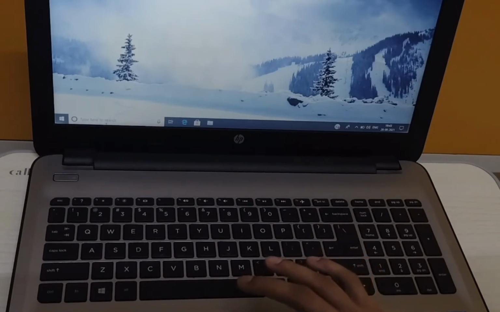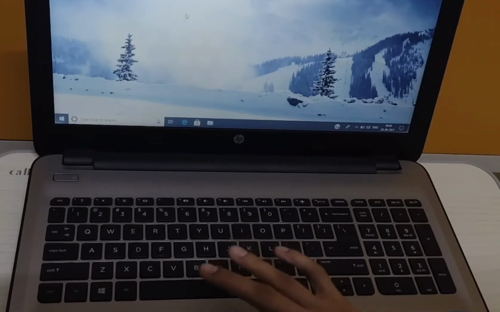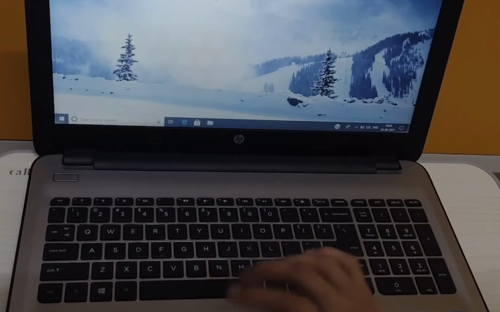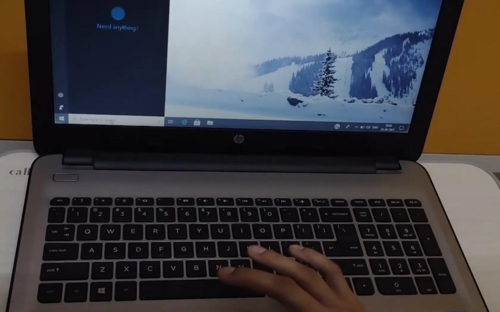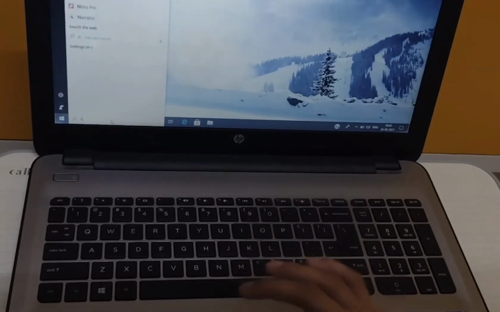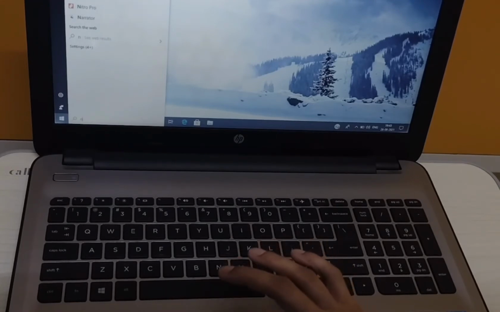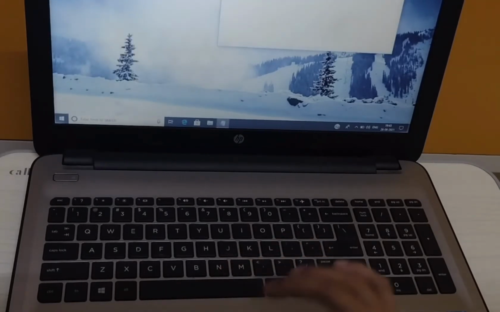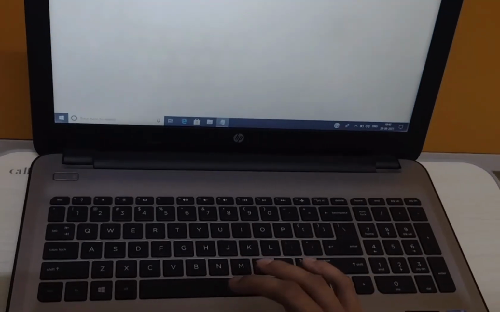Now how will we open Notepad here? You can see "Type here to search" is written. This is called the search bar, and you can see I am moving my finger here. This is the mouse for the laptop and this is the cursor. You have to bring your cursor here and write Notepad, and by default it shows Notepad. So we are going to open it. You just have to click on it. See, our Notepad is here. Now I maximize it.